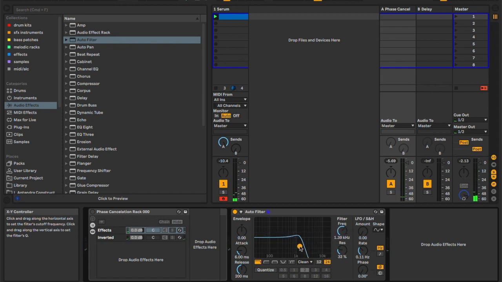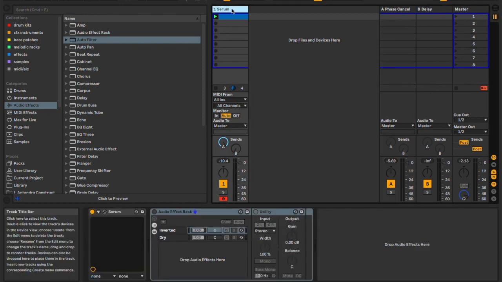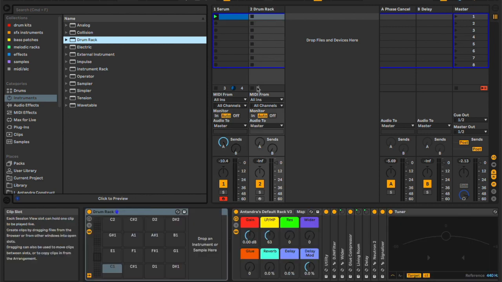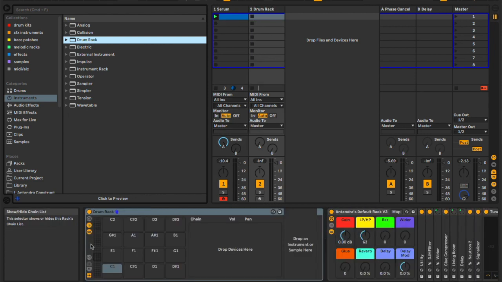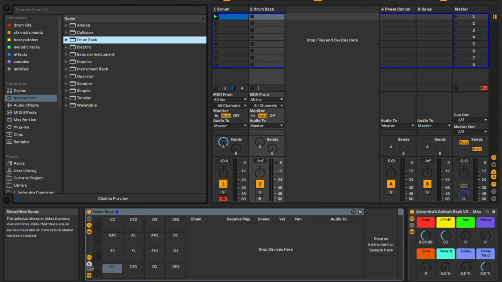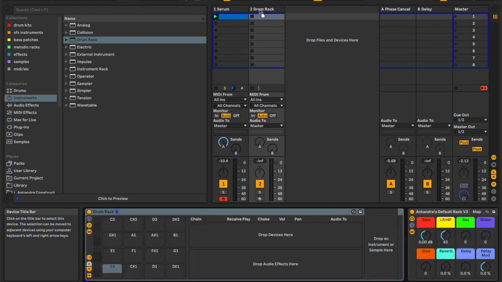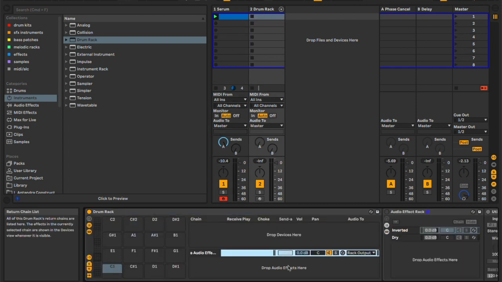So it's a neat little trick, and you can also use this when you're building drum racks. So if I create a new MIDI track, and let's go ahead and drop a drum rack on there. And if I enable these, and I have the returns and I have the sends, I could drag this same rack into the effect send. And now if I have like a sample here,